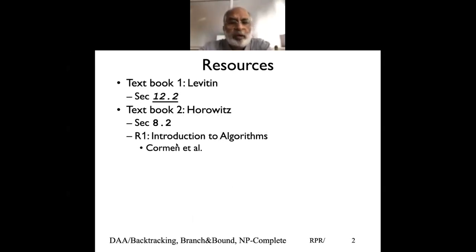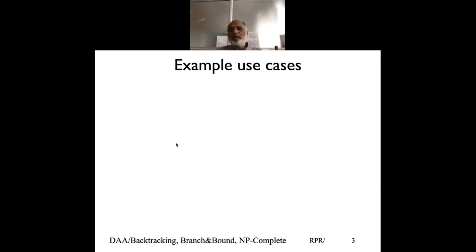We'll look at a topic called branch and bound, which is basically an extension or subtopic of backtracking. And this branch and bound is generally used for optimization problems, something like minimum cost or maximum profit or something of that kind. So if you look at what happens in typical backtracking, we